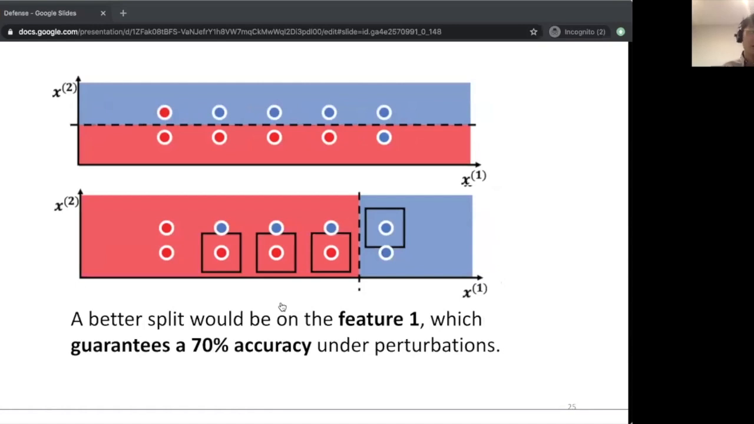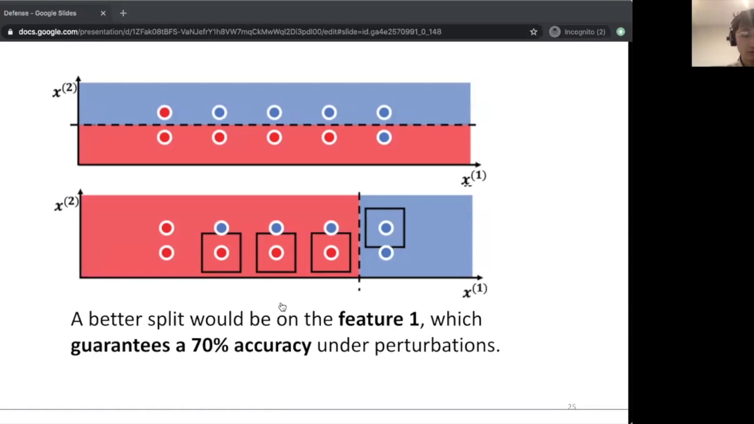So is there a better split for robustness? The answer is yes. We can choose feature 1 instead of feature 2, so we can draw a vertical decision boundary along the feature x1. This, for example, here,